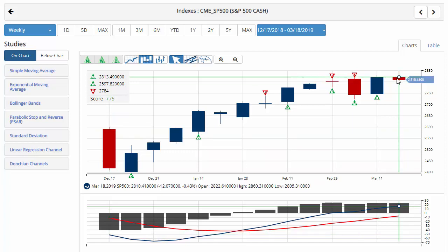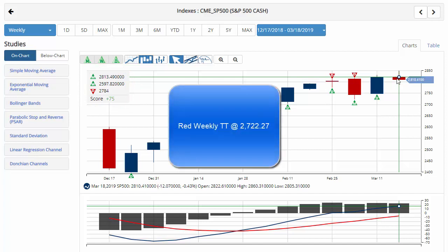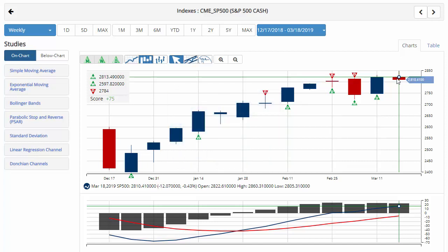Currently down on the day about 47 points. Trading at 2,810.41, and on the week down 0.4% with a chart analysis score of plus 75, indicating that overall we are still in a long-term uptrend, but it is coming under some recent weakness as we end the week. Key level to watch remains 2,722.27. A move below that level would issue a red weekly trade triangle, indicating a move to a sidelines position